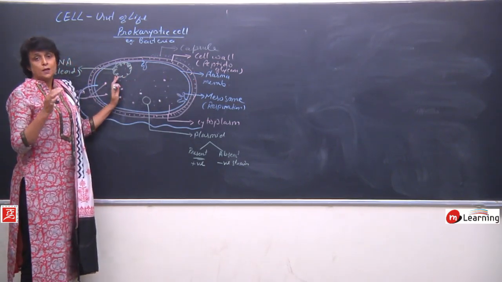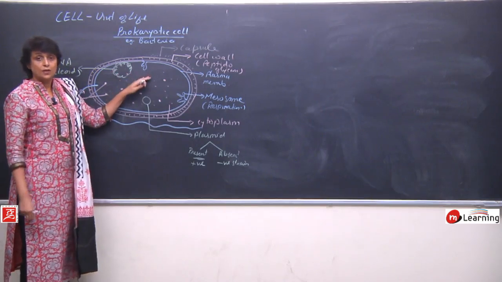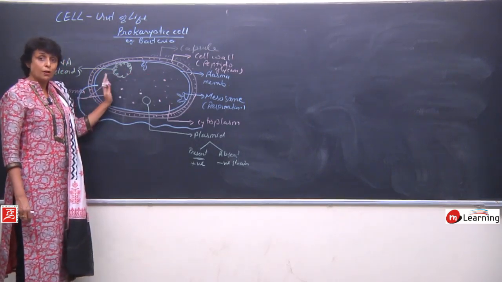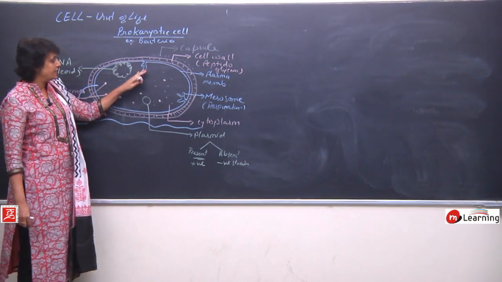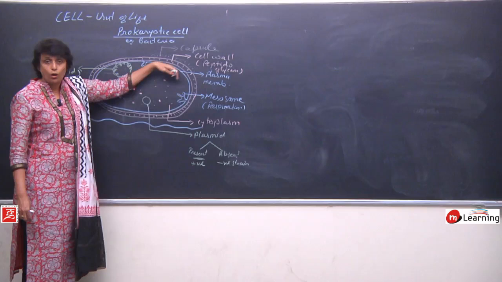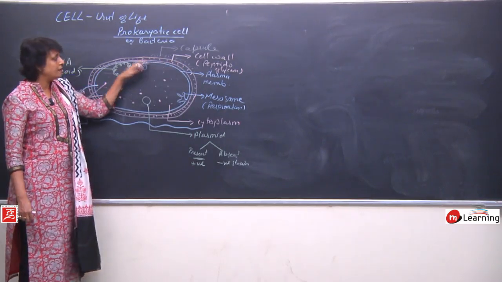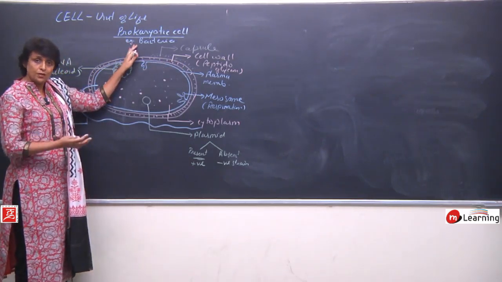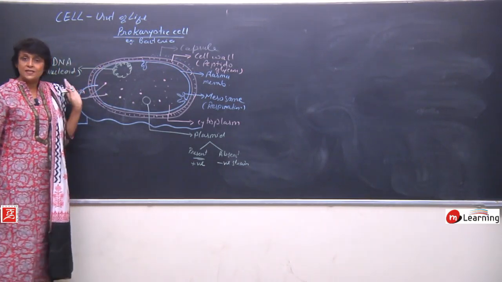Now when we come to kingdom Monera, we would talk about gram-positive and gram-negative type of bacteria. At that time we will also discuss what is the difference in the cell walls or the layers of the cells and why it is gram-positive or negative. So this is a basic structure.